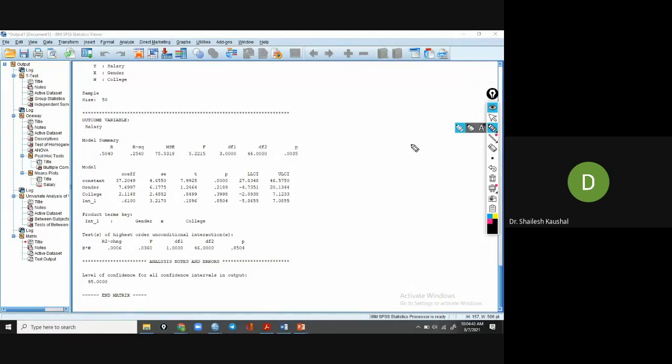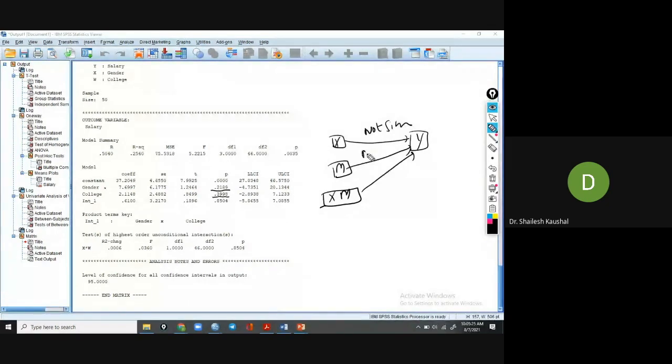There are three conditions: the dependent variable Y, then the independent variable, the moderator, and third the multiplication of X and M. In the first condition, when we take gender, the p value is not significant, and for the second the p value again is not significant, and the interaction effect is also not significant.